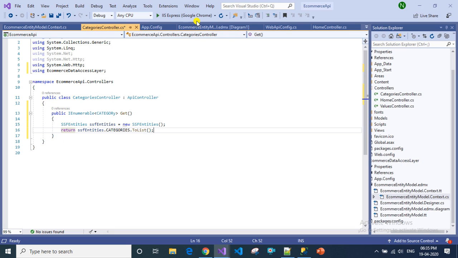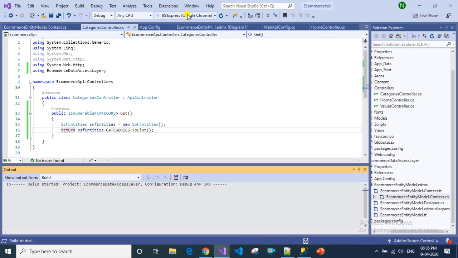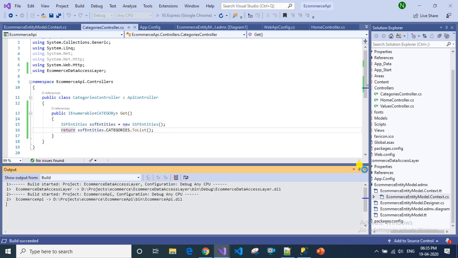Now we will check whether data is coming from the API, from the browser.